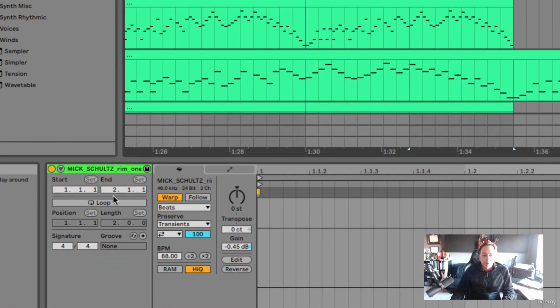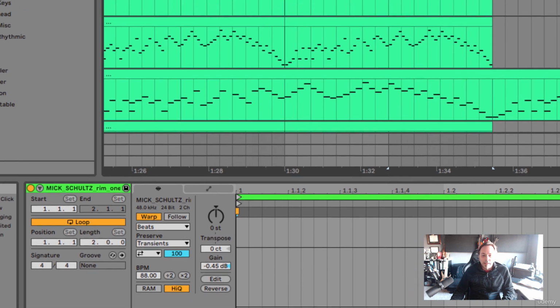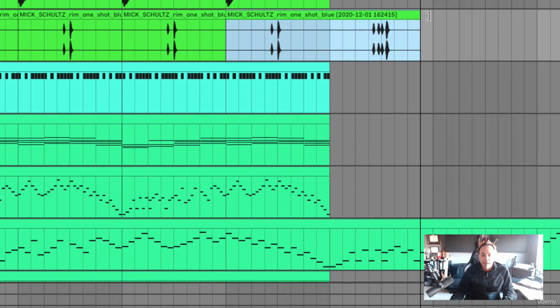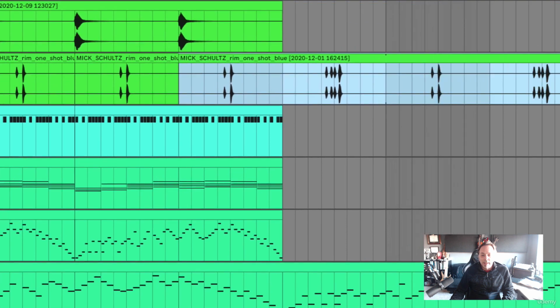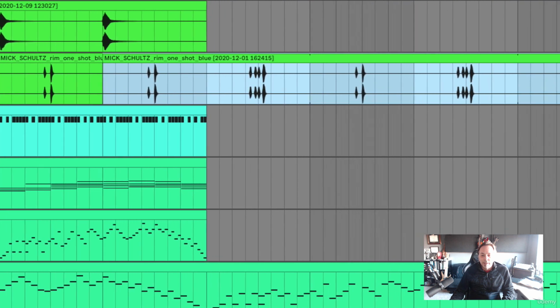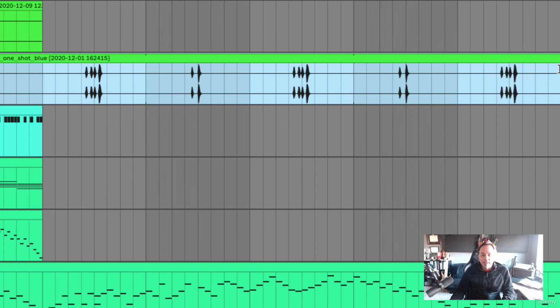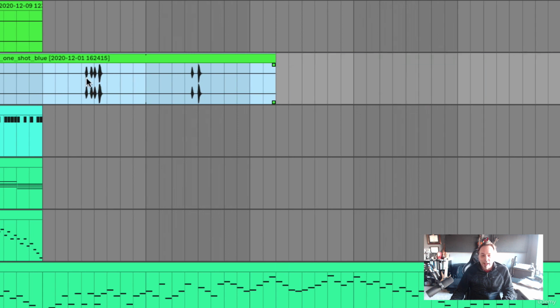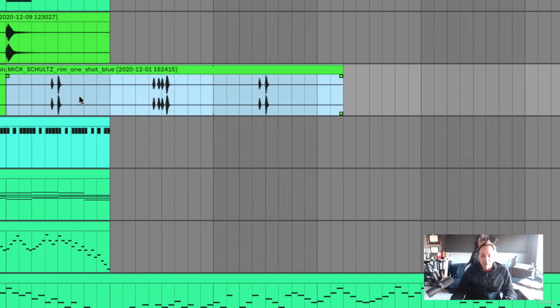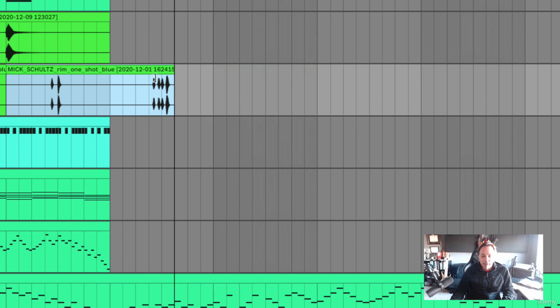But if I turn on loop, now what we're going to get is I can extend it out forever, and we're going to keep getting that same thing, right? Because it's looping. Now, if I don't want that, if I just want it to loop this,